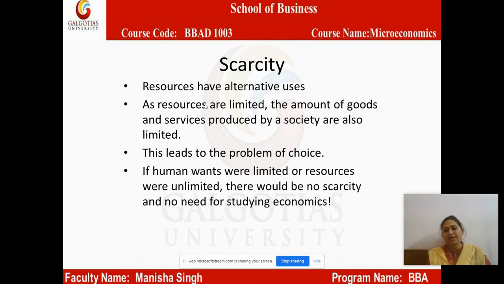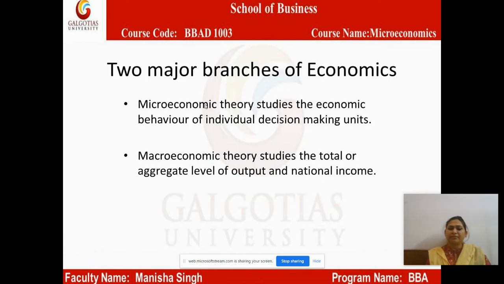So scarcity leads to choice. And in making this choice, economic theory helps us in making good choices, in making optimum choices, in making efficient choices. And that is what you will study in microeconomics all the time. How the consumer optimizes his demand function, how the producer optimizes his production function, how each individual agent in economics, whether it is a consumer or a producer, they respectively maximize their utility for themselves, right?